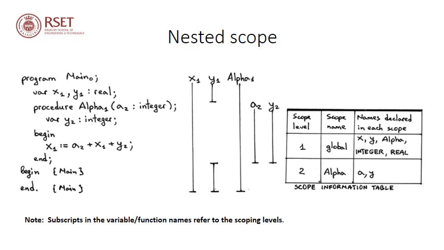We know that in the global scope there is a variable named Y. Also in procedure alpha 1 there is a variable named Y, which is an integer variable. So you can see a hole in the area where alpha is active. In that area the scope of the global variable Y will be hidden, and at that point, if you notice, the A and Y of alpha 1 will be visible.